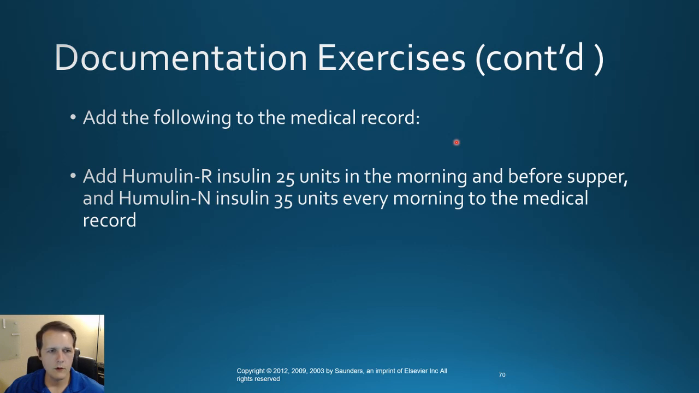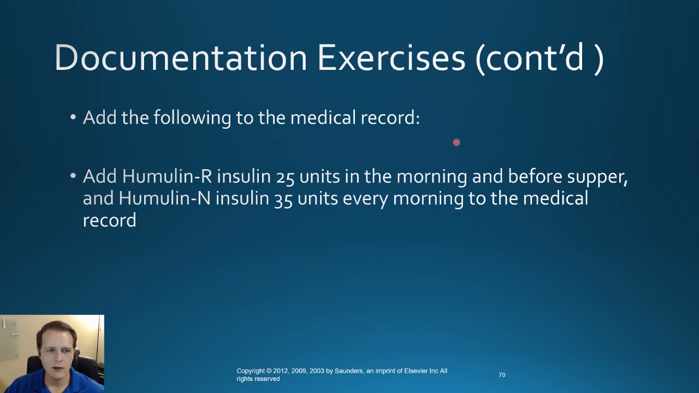Here's an insulin order. So Humulin R, actually for 2 different types of insulins. So Humulin R and then Humulin N. Humulin N is actually a long-acting form that lasts for roughly 12 hours out of the day. Humulin R stands for regular insulin. It actually works very quickly, so that's usually given around meal times. So here's a case where Humulin R insulin 25 units in the morning and before supper, and then Humulin N